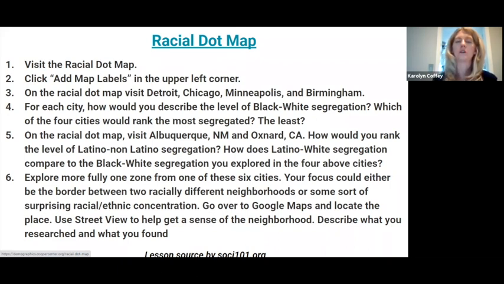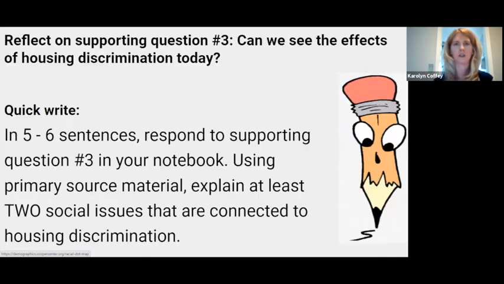Google Maps to then compare, using like Google Finder. You could look at those neighborhoods in real time. What do those neighborhoods look like versus other neighborhoods that are primarily white? What neighborhoods look like maybe there's better trash cleanup, maybe the streets look safer, maybe the houses are more upkept, and what reasons do we have for that? So it's a great inquiry lesson for students that's related to housing segregation.